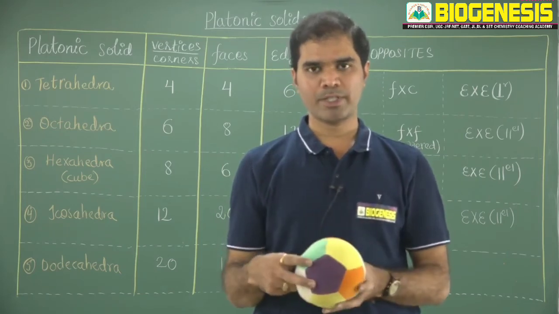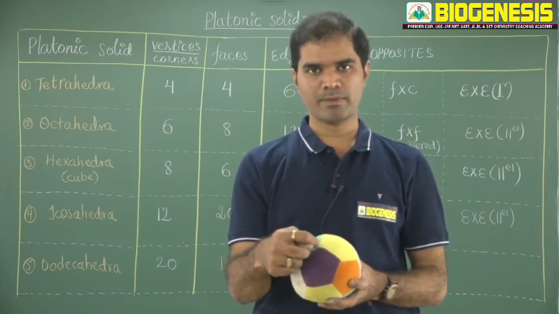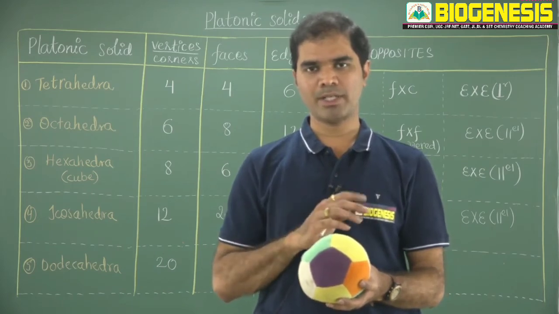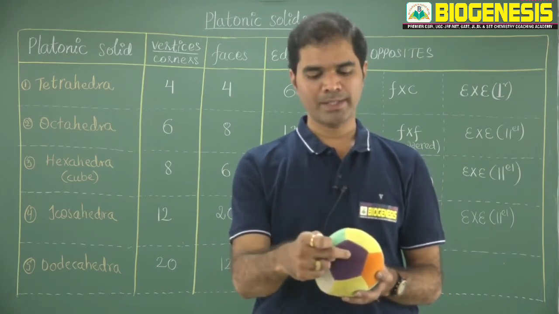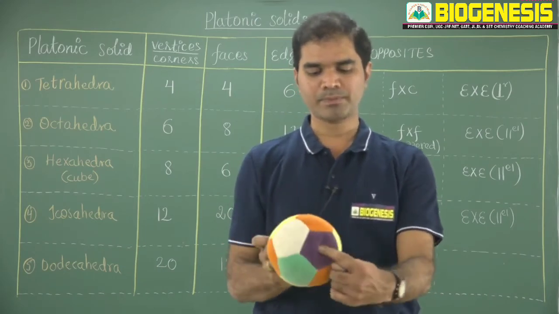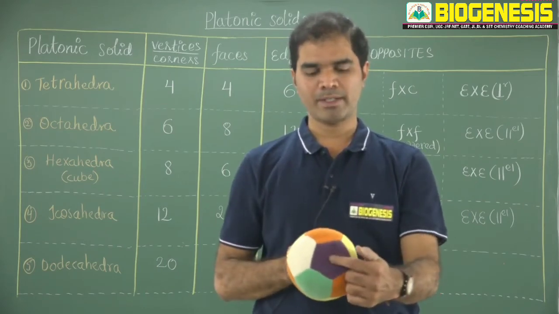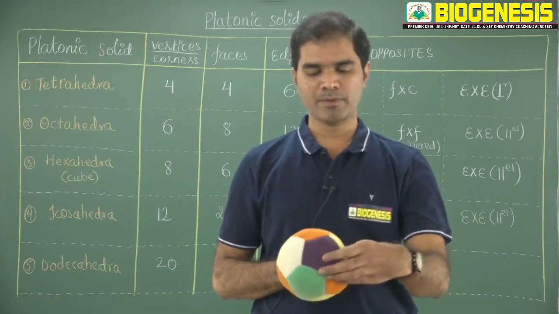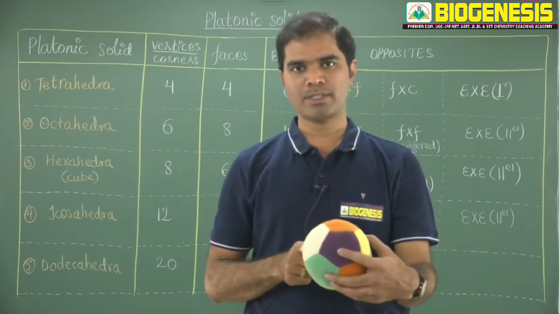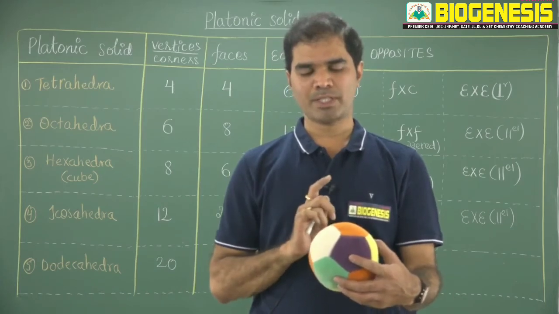Then let's come to the face. This is a pentagonal face. For this pentagonal face, the corner is above. Exactly opposite will be another pentagonal face which is staggered to it, and the corner will be below. Let's check. For this pentagonal face, exactly I am holding the opposite and I am showing you. If this is the purple one, this is also the purple one, and for this you can check, the edge is above, the corner is below. So for any pentagonal face, opposite is another pentagonal face which is staggered to it. Face to face is also established.